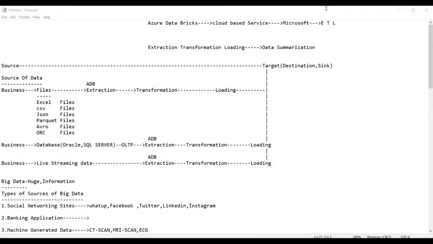Up to the data ingestion, ingestion means extraction. Up to this data extraction, they're using the ADF. Further, for transformation and loading, they're using the ADB. In some projects,